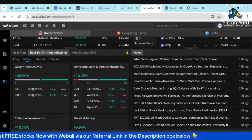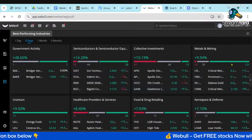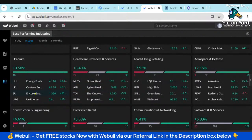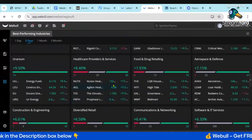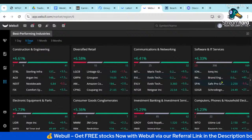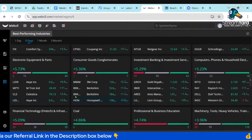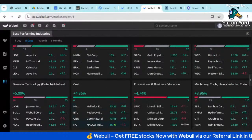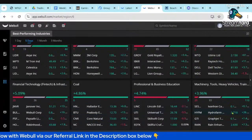Let's look at the best performing industries for the week. So semiconductors pretty positive, metals and mining, aerospace defense, healthcare providers, uranium, again, strong rebound in uranium, looks like led by UUUU, LEU. Construction, pretty positive. Retail, mostly positive. Software, mostly positive. Parts. Again, a lot of this, I think, is a reflexive move to the tariffs off. Coal, again, Trump announcing he wants a resurgence, resurrection of coal in the U.S. Machine tools,